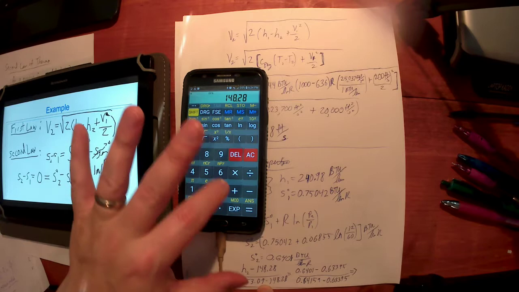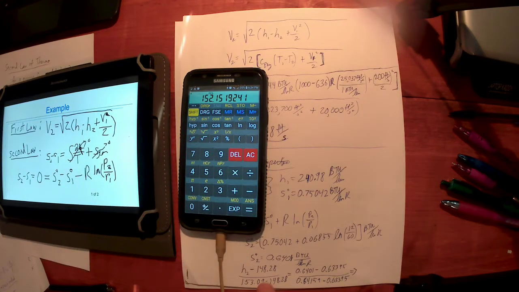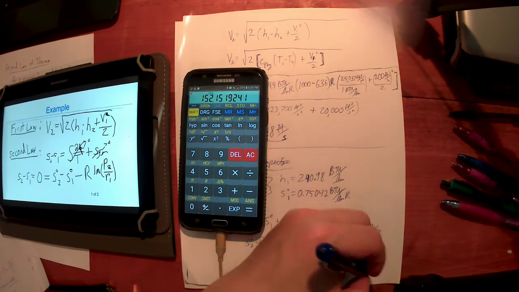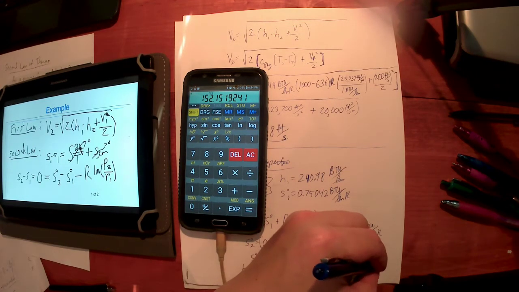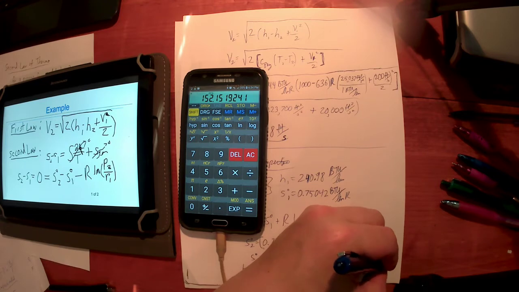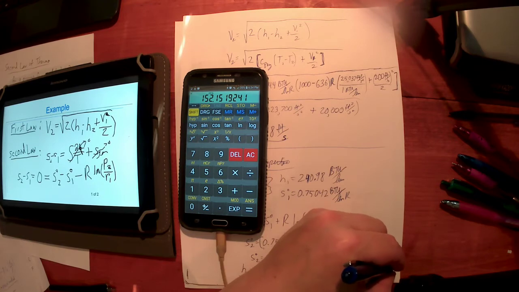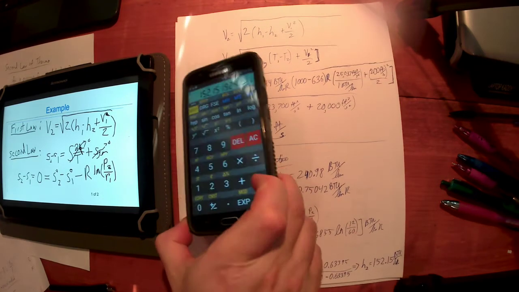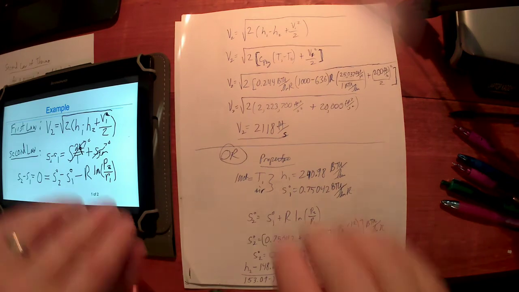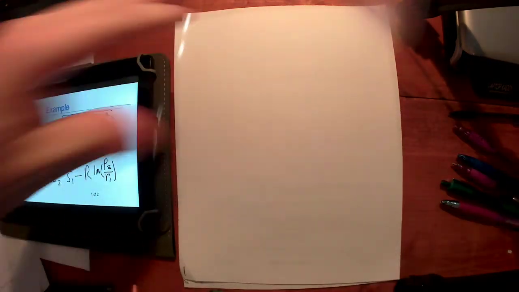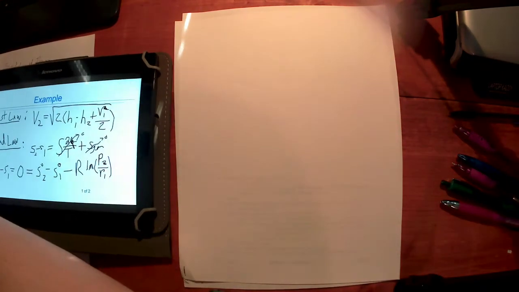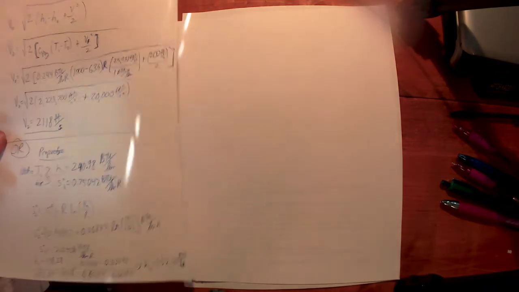148.28. I do not expect you to do all of this algebra in your head and then translate it into a calculator. I've been doing this for years. It's very, very possible that I've made a mistake here, but I'm getting an H of about 152.15. That would be BTUs per pound mass. Alright, so what that does for us then,